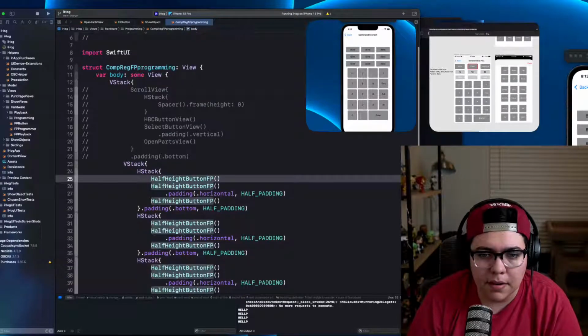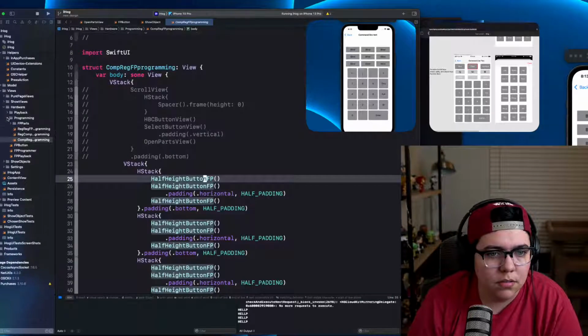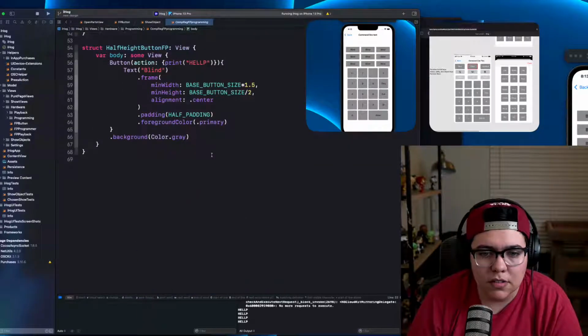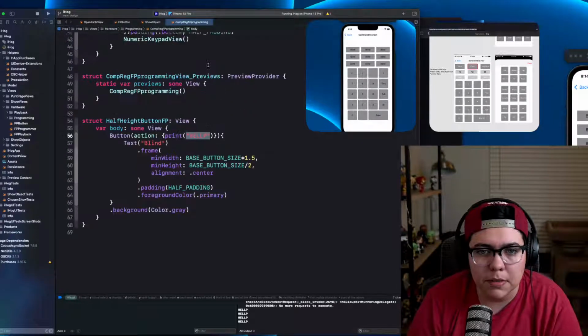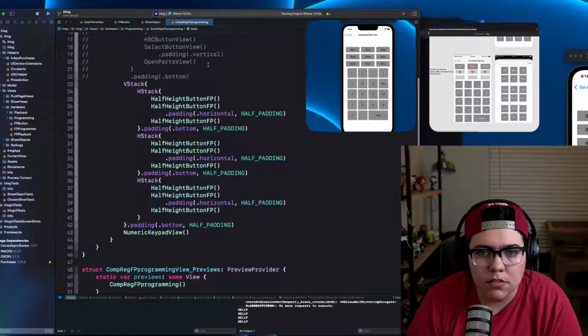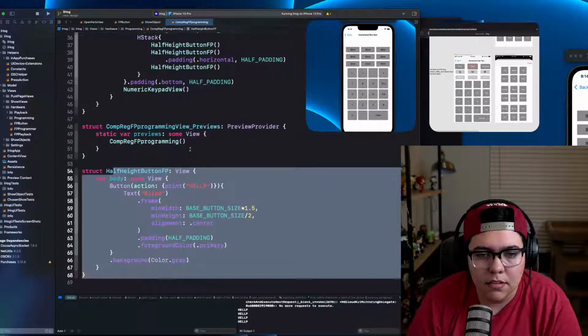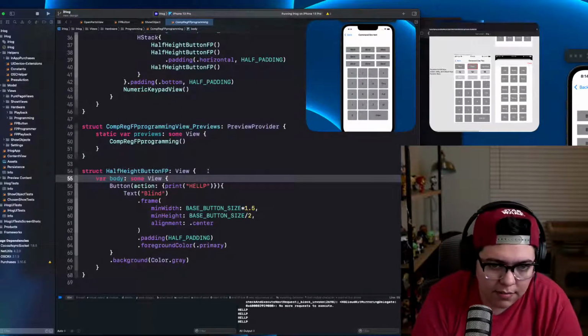Yeah, half height button FP, which I'm sure I added in somewhere over the rainbow. Oh, I bet that's literally at the bottom right here. That's where the blind and help is being pulled in from. Okay, so we know we need to adjust this half height button to take in a different word here. So let's go ahead and just have a